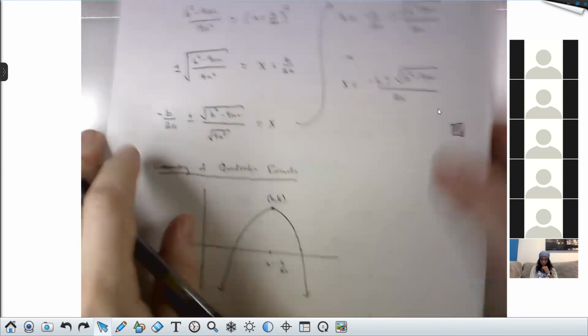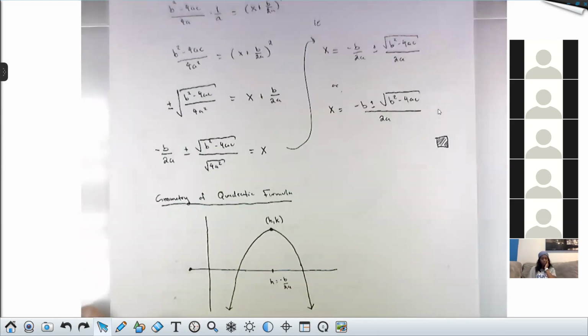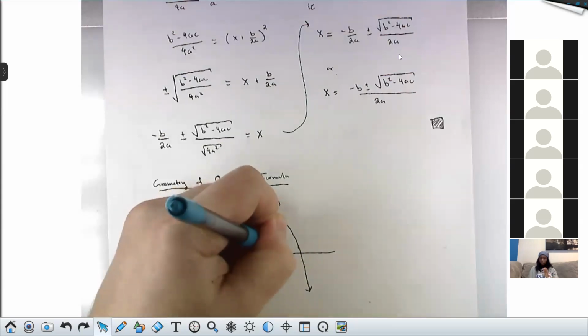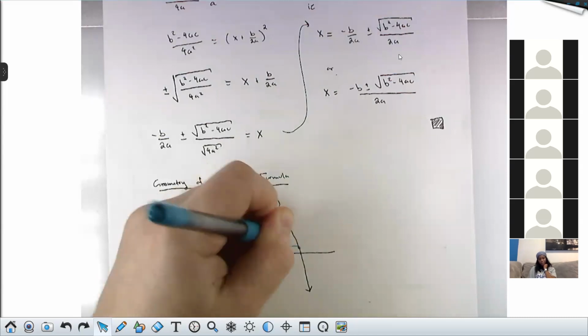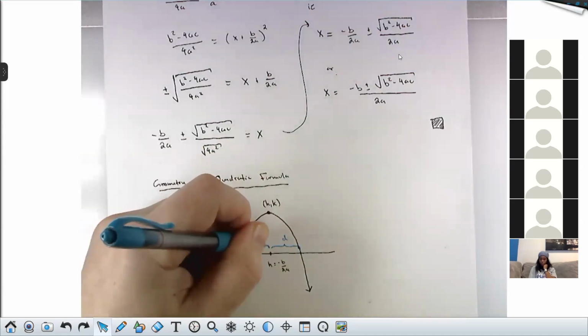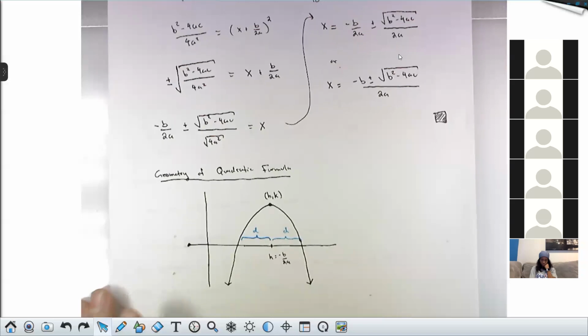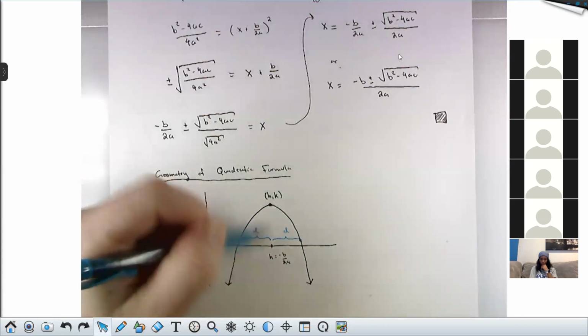If you look at this nicer way of writing the quadratic formula, what this says is to get to the x values of the x-intercepts, these things, start at negative b over 2a, and then walk to the right this amount. So this distance right here, because of the symmetry, is the same. Parabolas are all symmetric about their vertex. They all have this axis of symmetry right down this middle line, right?